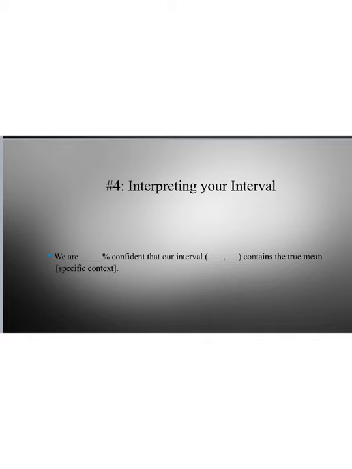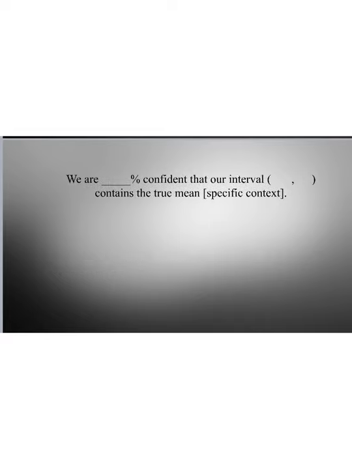We simply write an interpretation, and an interpretation of this interval can be very formulaic. You could write it 100 different ways, but there's a certain format that is relatively easy to follow that can cover this for you. And it's this right here. So we are blank % confident that our interval contains the true mean what? And so in our situation here, we are 95% confident